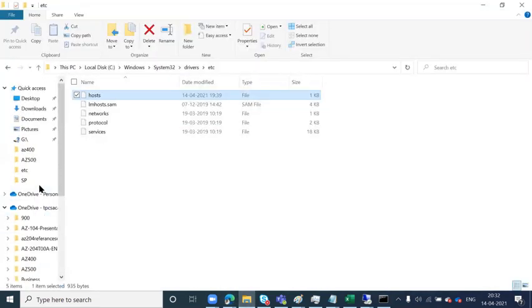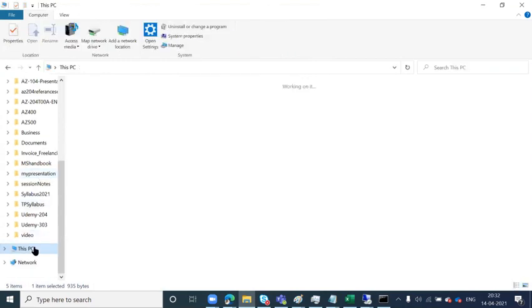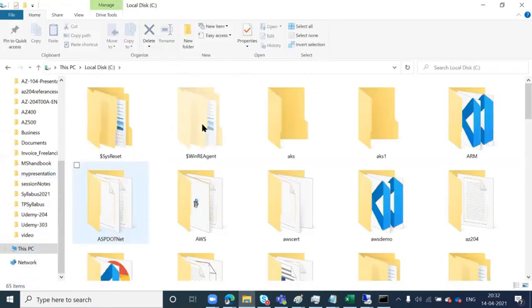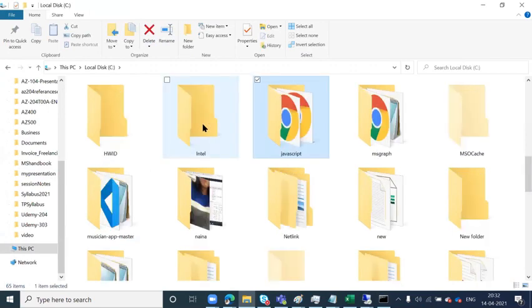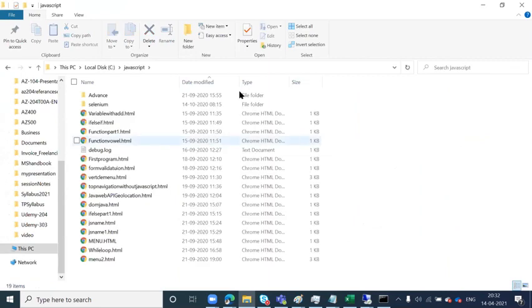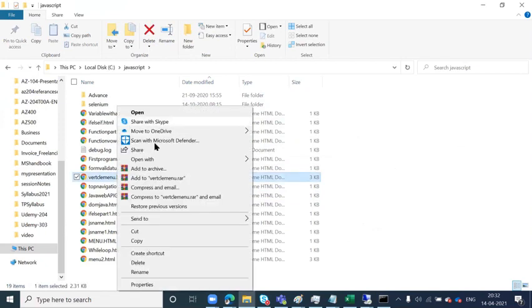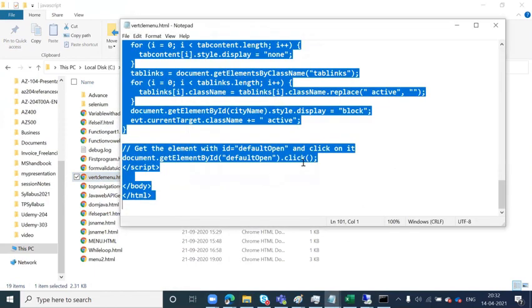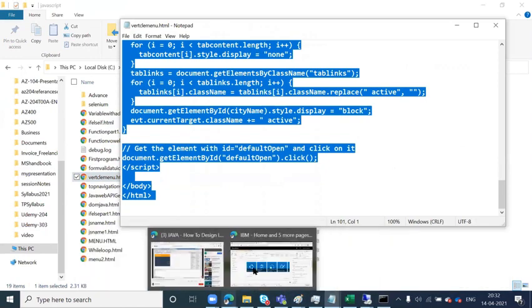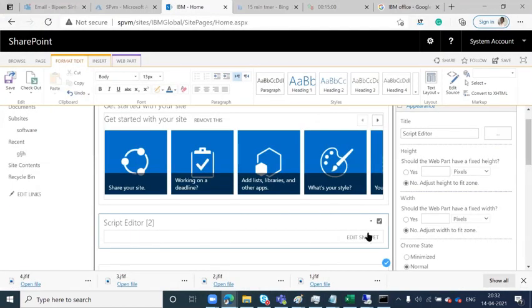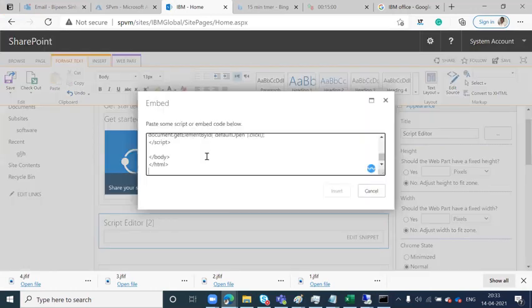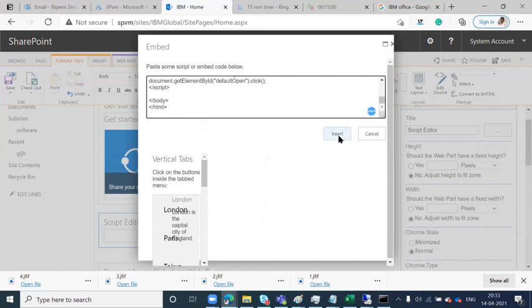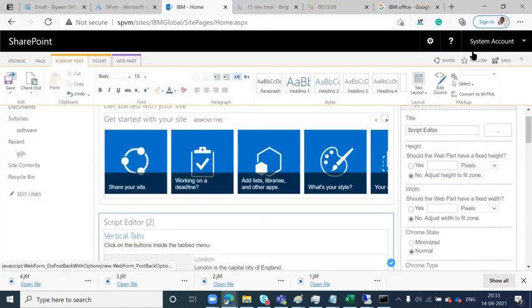So for example, if I go to my C drive and I'm going to say a JavaScript, let's say I want to use a vertical menu item. I'm going to open this one in Notepad. Now this is a small JavaScript. I do not need to be worried about the scripting, just to understand how this part is going to work. And I'm going to put this script here and say insert. And when I go and say save